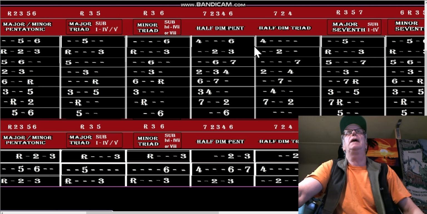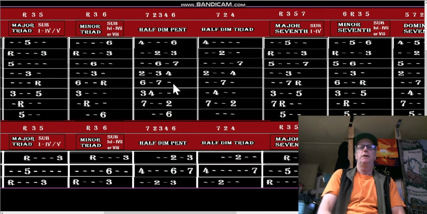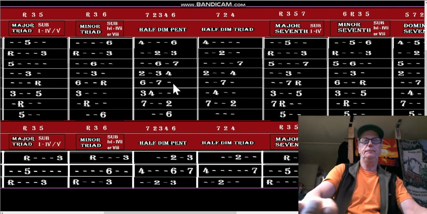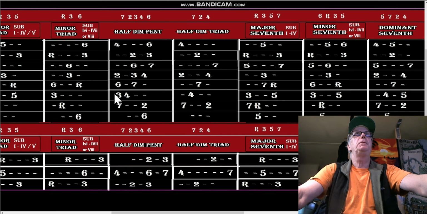Now let's look at half diminished pentatonic. So that works the same way, but because of time restrictions, we have to continue on. Okay, so now we're looking at the half diminished pentatonic, half diminished triads. I don't know how many times I've explained